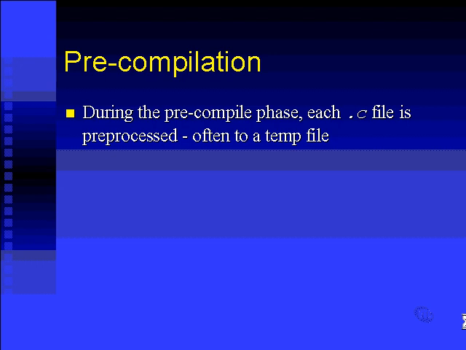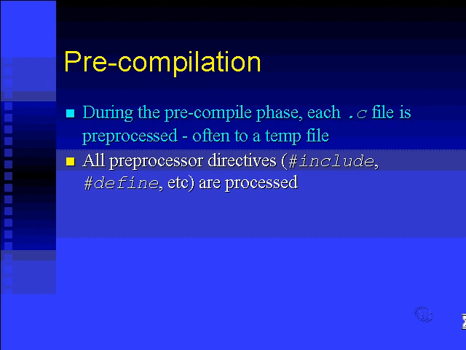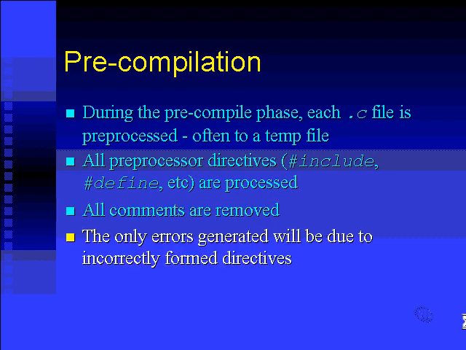During the pre-compile phase, each .c file is pre-processed. Now, sometimes this is done in memory and sometimes this is done in a temporary file. All the preprocessor directives, hash include, hash define, hash ifdef, hash ifndef, and so forth, are all processed. In other words, it's just text substitution. Comments are removed. The only errors that you're ever going to get out of this are going to be due to